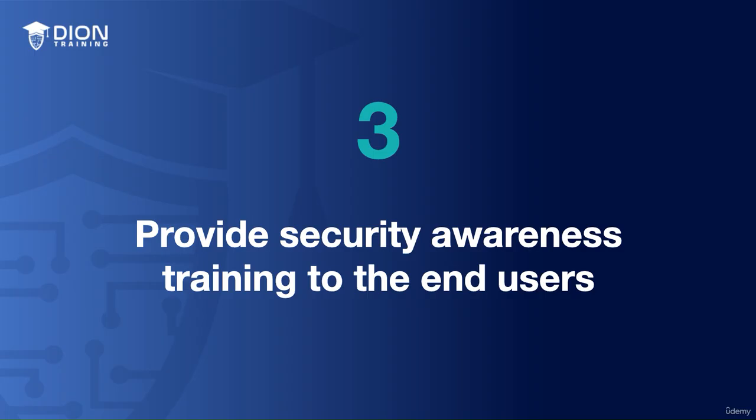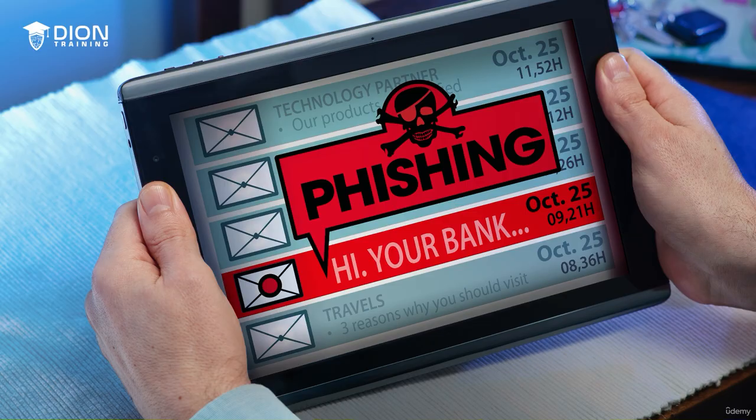Third, we need to provide security awareness training to our end users. Now, many of the most successful ransomware attacks were begun by an end user clicking on a link in a simple phishing email. Your users must always be skeptical of unsolicited emails, especially with those that have attachments or links in them, because they're often used as a common attack vector by malware, viruses, trojans, and ransomware. Bottom line, if something looks suspicious, your end users simply shouldn't click on it.